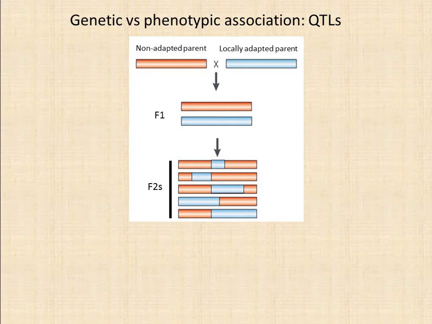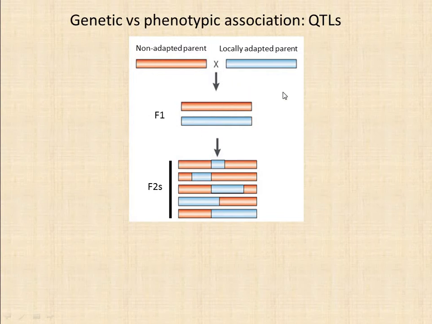one way to do it, which is rather old, is using QTL approaches. So, QTL approaches require, first of all, two different parents. One will have a phenotype A and the other phenotype B. In our case, we are talking about adaptation. And then from these parents we will need to create a progeny,